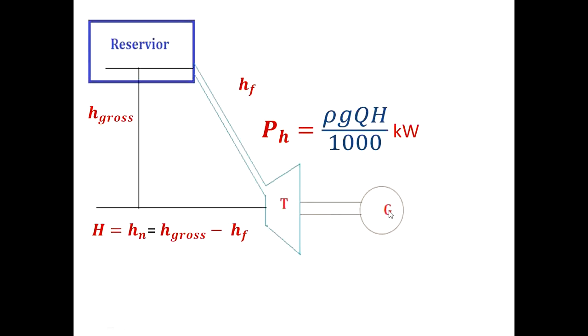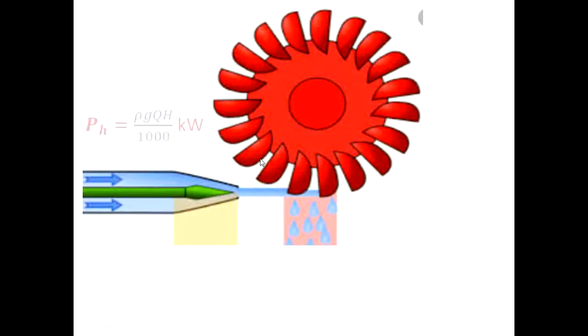So the amount of power that is developed to the generator is measured by electrical engineers in the electric meter. This is the turbine which is having rho g Q H amount of power as the hydraulic input. This is the mass flow rate, rho into Q. Observe here properly. Rho means kg per meter cube, Q means meter cube per second. Meter cube will cancel, and you will remain with kg per second only. That is the mass flow rate.